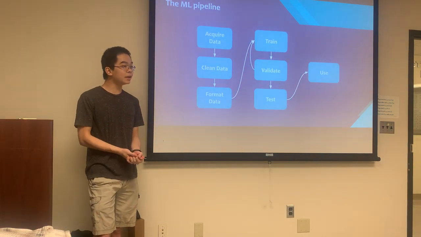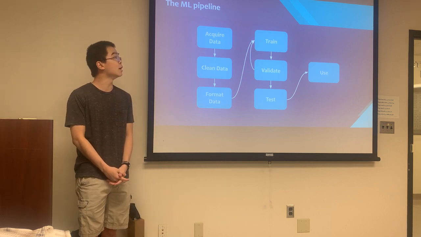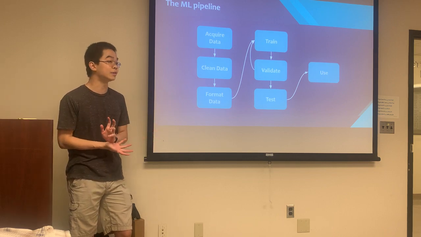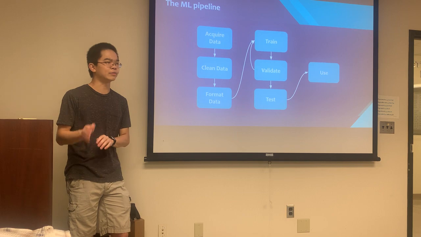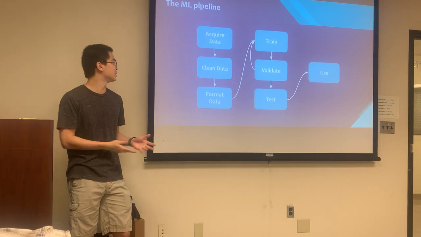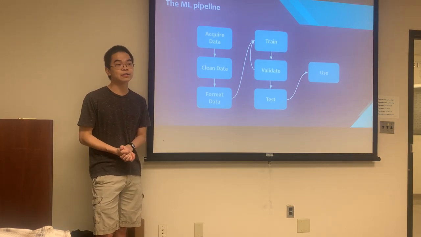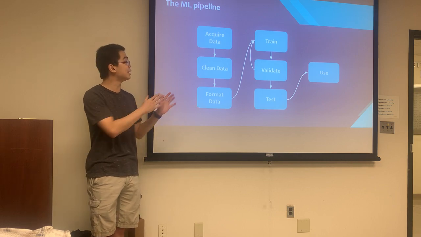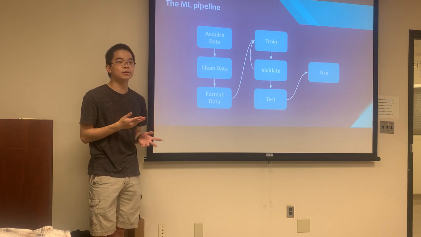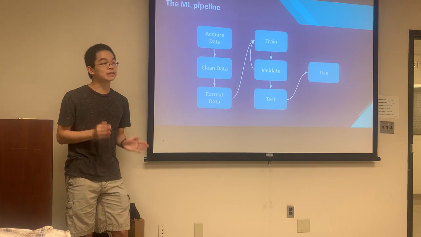There's a machine learning pipeline. We will be performing this over the course of the year multiple times. We're going to acquire data at one point, and then we're going to want to clean it so that we can put it into our machine learning model. That usually involves things like getting rid of extraneous data. Then we format it so it's acceptable. These are pretty much the same step. And then there's this process of training and validation, which we'll get into in this lecture. You go through training and validation multiple times, you build your model, and then you test it on something. Once you test it and find out that it does well on the test data, which we'll explain later,